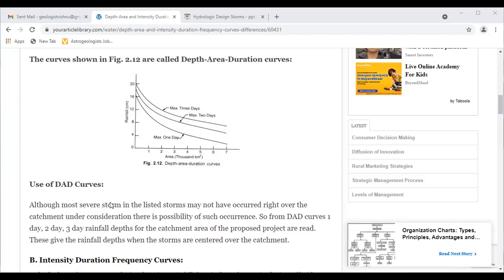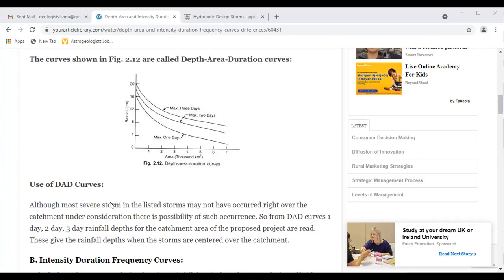Then the mass curves of average depth of rainfall per accumulated area are computed, starting from the zone nearest to the storm center and by adding one more zone adjacent to it each time. Using the results obtained in the previous step and using the weights in proportion to the areas of the zones, these mass curves are now examined to find the maximum average depth of rainfall for different durations and for various progressively increasing accumulated areas.